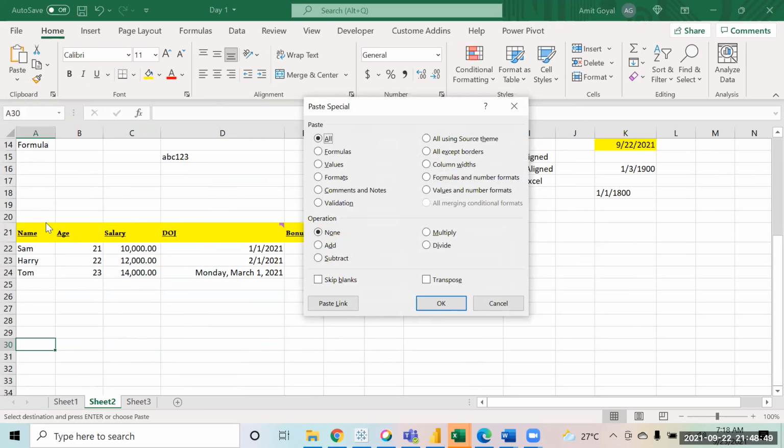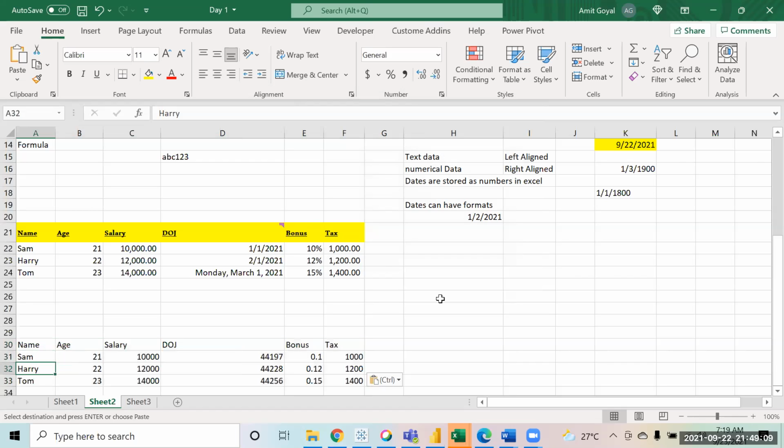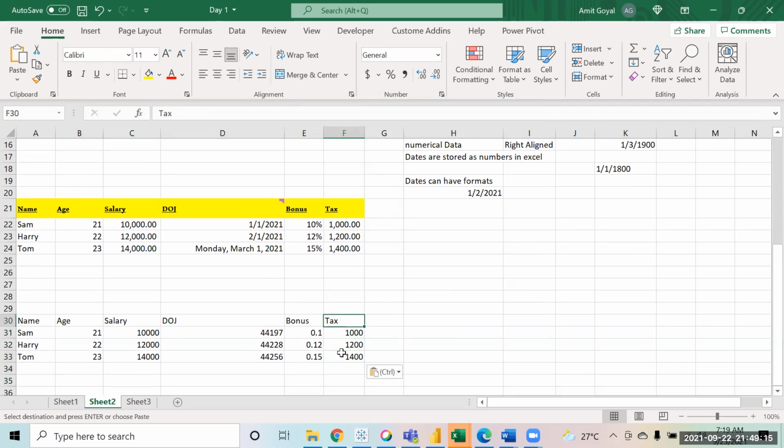In the paste special, suppose I say values. Values means data. If I click on OK, you will see that only data has come up. There is no formatting, no comment, and no formula.